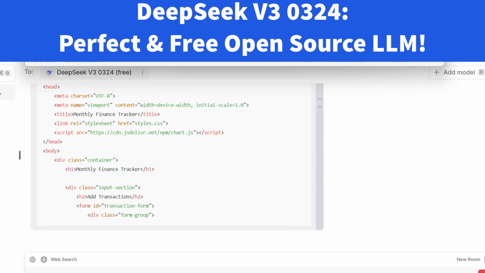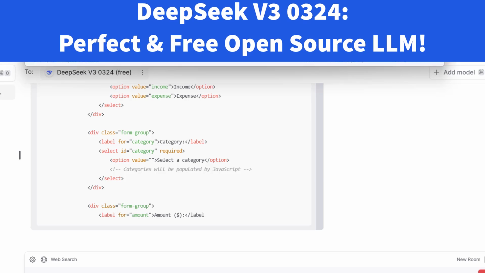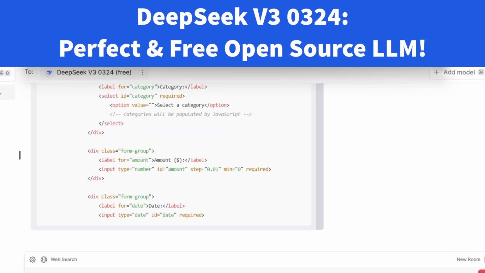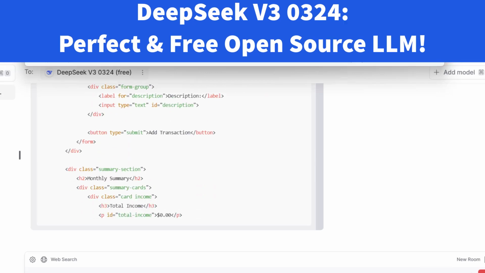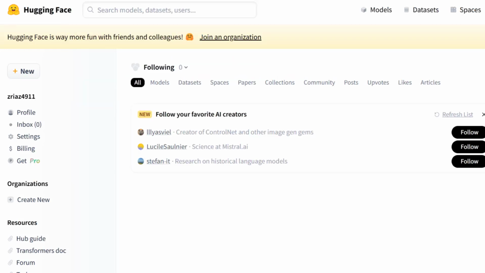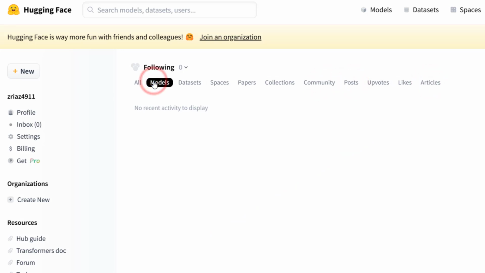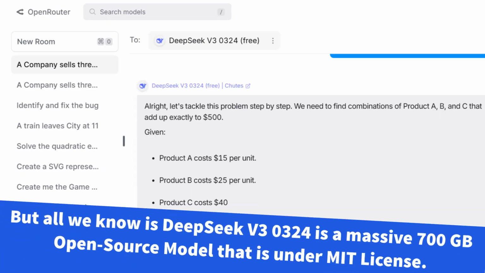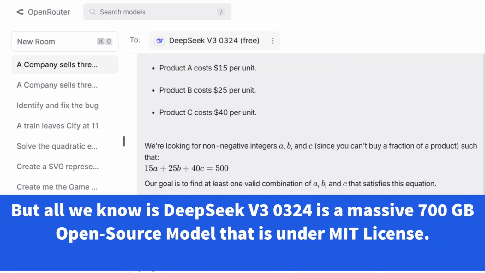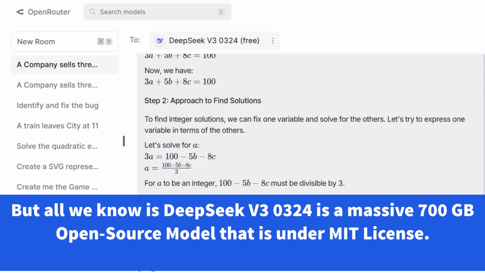The DeepSeek team has launched the new DeepSeek version 3.0324 model. To make it simple, let's just call it DeepSeek version 3.1 as it builds upon the DeepSeek V3 models. This is something they just launched yesterday morning, but there is no announcement, no benchmarks, and no README results they posted on their Hugging Face model. But what we know is that this 3.1 version of the model is a massive 700 GB of open source